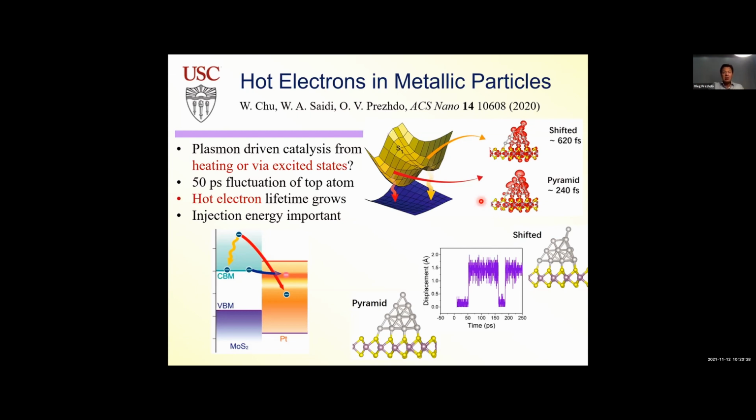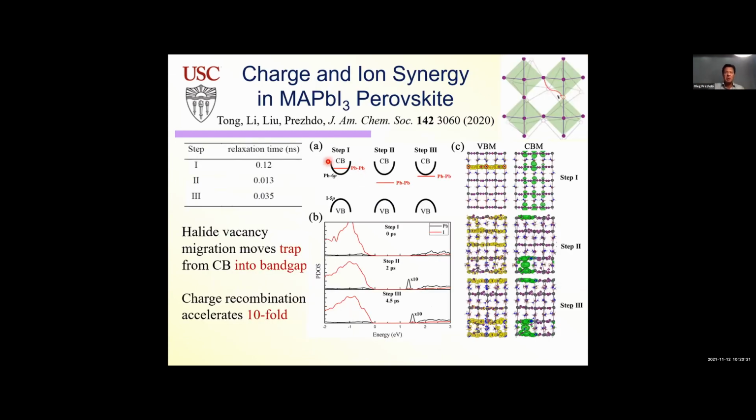This was one example. Another example: this paper is a collaboration with Limin Liu, who is at Beihang University. This was not machine learning, but we're following up on this one. It gives you another important example of why machine learning force fields and rare events are important. So this is now metal halide perovskites, a very, very popular topic. They're very good for solar energy materials, for optoelectronic applications. One of the main features is that defects in these materials are not so bad. And people say, okay, you can have a halide vacancy, so you can have iodine missing, which is the